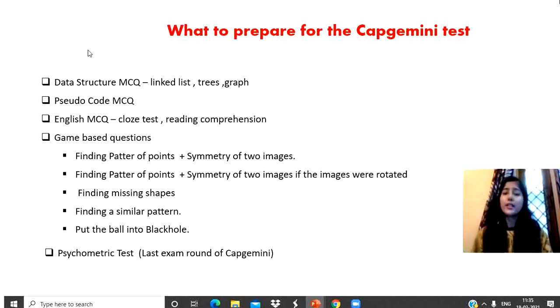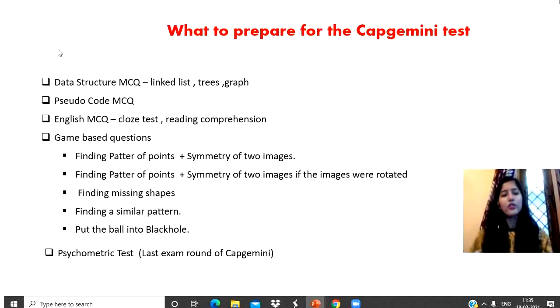And from trees, they are asking things like what is the height of the tree if there are this many nodes, and these sorts of things, right? So these are highly expected, and you can get the same sort of questions in your exam also, right? Pseudocodes are kind of easy ones, so you don't need to worry. Only some lines are there, and accordingly you have to tell the output, or whether any error will be there, right?